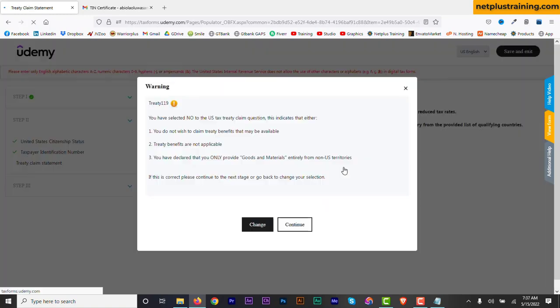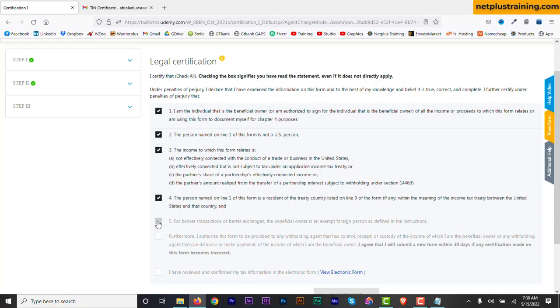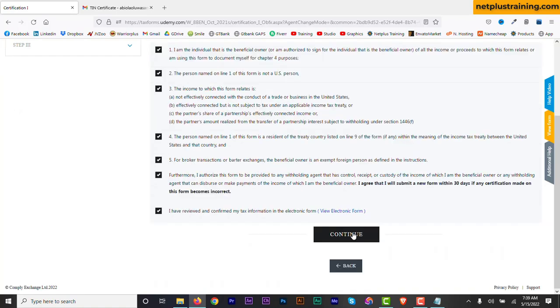Then click continue. Then click continue again to further confirm it, or click change if you want to go back and change this. For this, I'll click continue. Now to the legal certification page, just check everything. This is just a confirmation of what we've entered so far on the tax form. You need to check all to agree to the terms. After checking everything, click